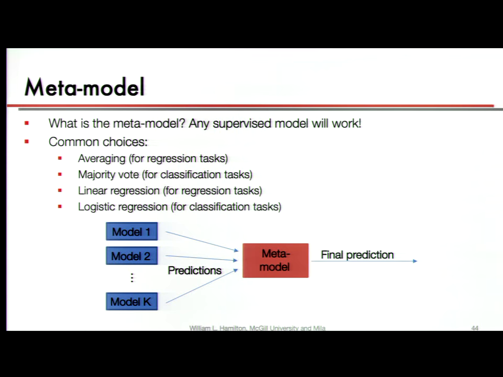But still, at the end of the day, it depends on the quality of your meta model and the quality of your data, and there is a big risk of overfitting, I should say, with all of this. But this kind of approach can work extremely well. It's something that a lot of people who win Kaggle competitions often employ, this idea of stacking. And this idea of stacking a bunch of simple decisions on top of each other is also going to lead us nicely into the next topic, which is neural networks and deep learning, which can really be thought of, in some sense, as the stacking of a whole bunch of linear or logistic regressions.